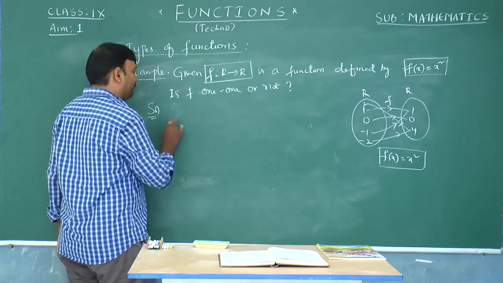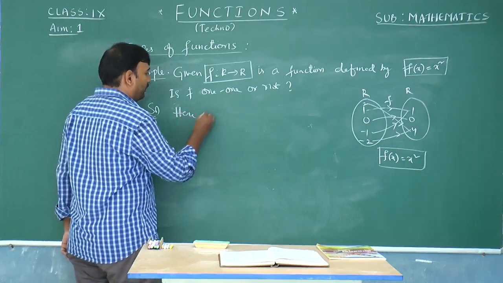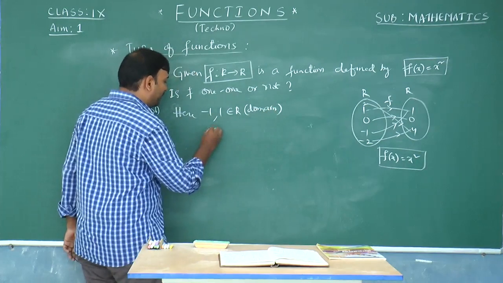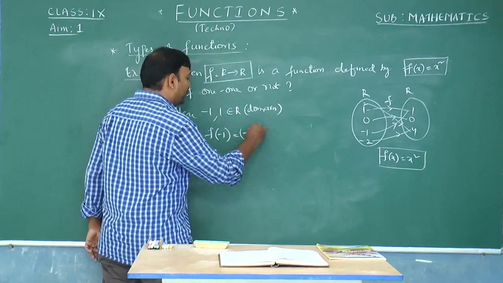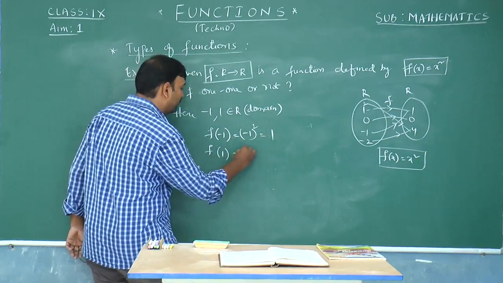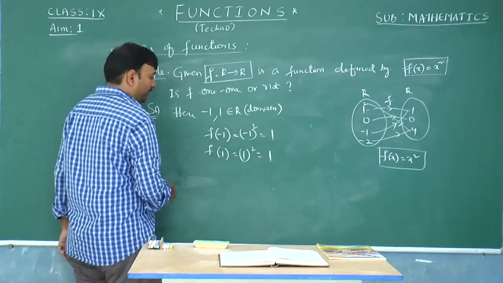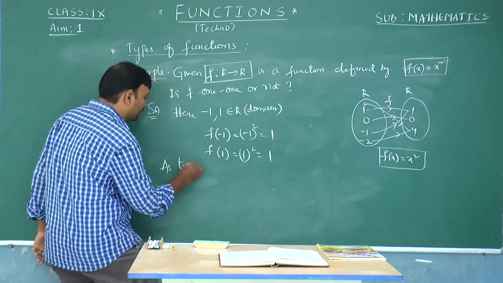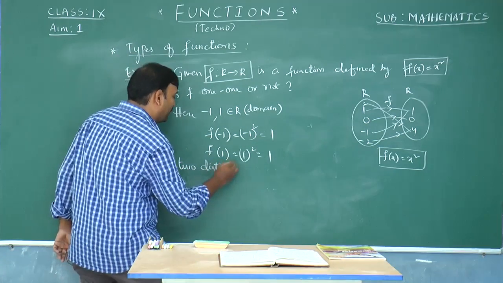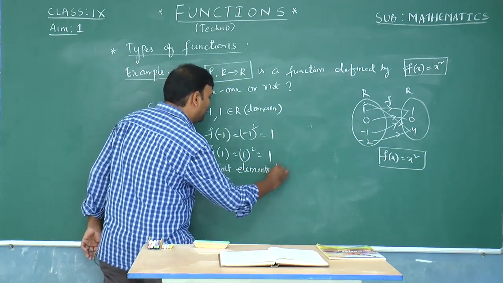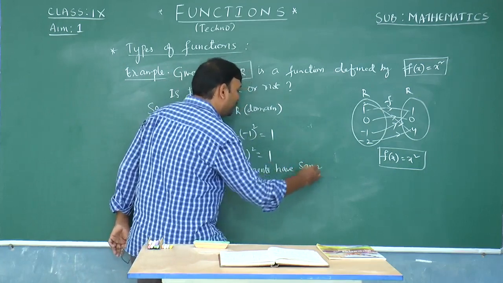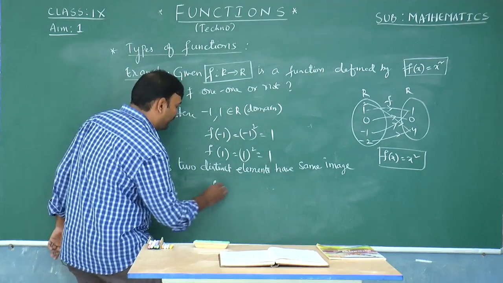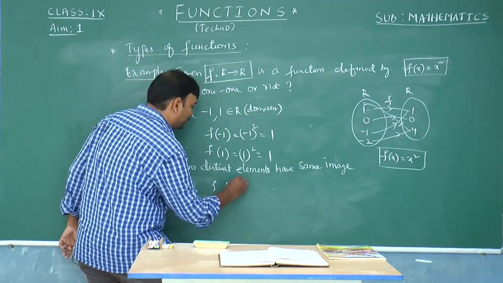In the function, here minus 1 and 1 belong to R, that is, they belong to the domain. Because they belong to the domain, we'll check their images. The image of minus 1 equal to minus 1 whole square is 1, and the image of 1 is also 1 square, which is equal to 1 as per the rule. Therefore, different elements have got the same image. As two distinct elements have the same image,